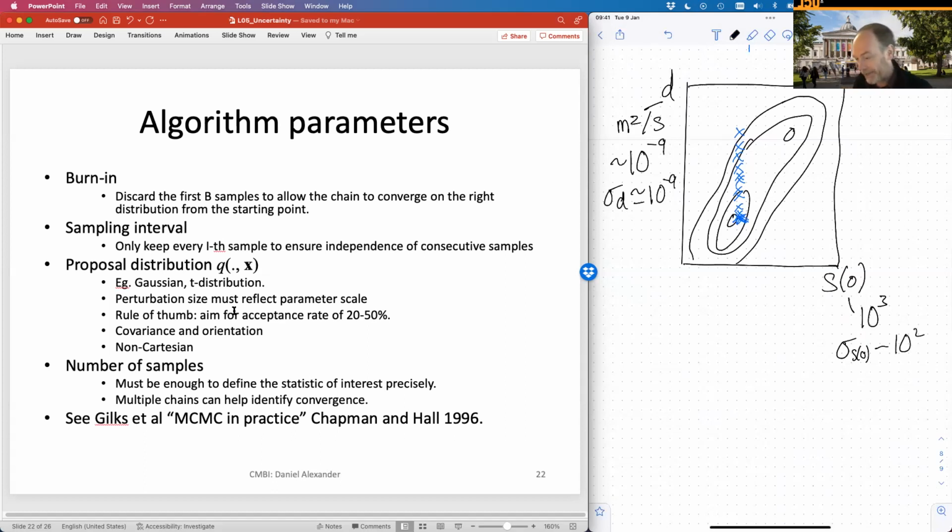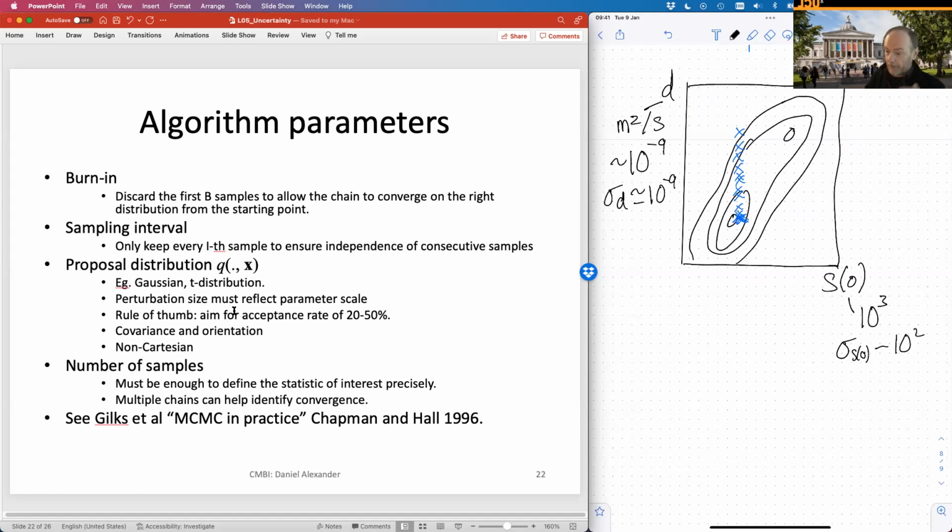So the point is that we need to set that perturbation size separately for every single one of the parameters that we have, because they might all have their own scales. And the standard approach to doing that is that you start by setting the perturbations on all of the parameters very low, and then one by one increase the perturbation size on an individual parameter until you hit that magic 20 to 50% acceptance rate. Then you know the perturbation size for that parameter, set it back to a low value again, and then do the same thing for the second parameter, increase it until you get the right acceptance rate, put it back to a low value, do the same for the third, fourth, and so on. So you have to